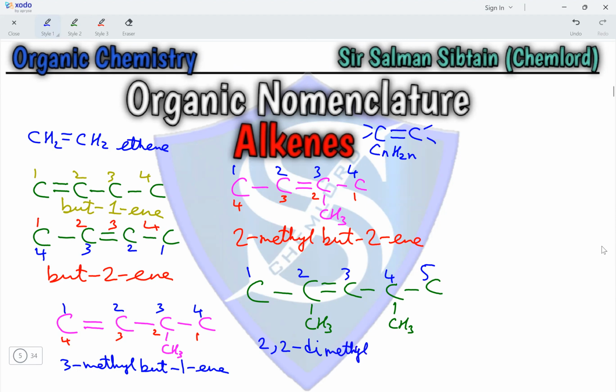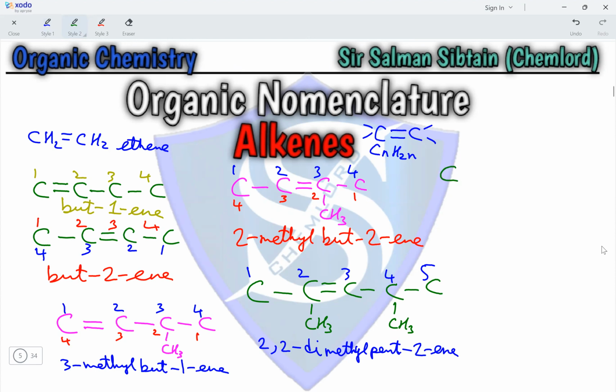because the substituent groups are placed on the second and the fourth carbon atom, and the double bond is placed on the second carbon atom. So the name of this compound becomes 2, 2 dimethyl pent-2-ene. If we have the same compound, but the position of the double bond changes, if we have it